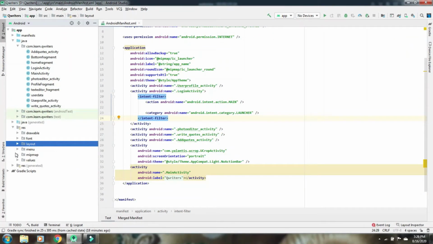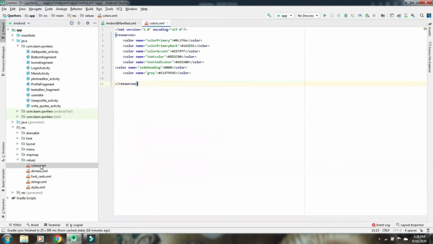Next, in this values folder, we will be having colors. You can specify colors here. Let's specify one color. Suppose the name of the color which you want, suppose I want pink. We have to select one color, so I'll show you how to select it.